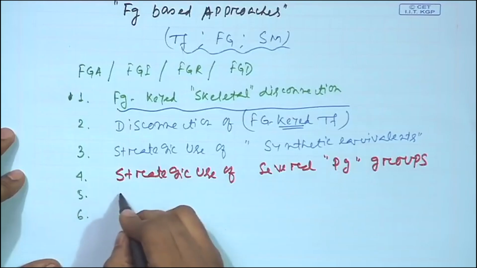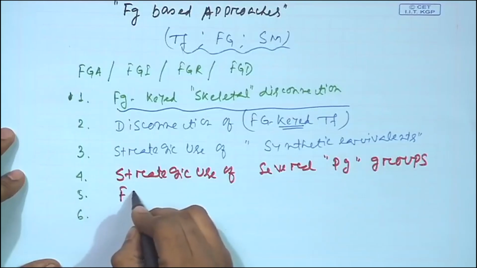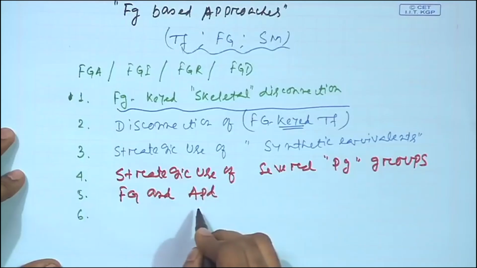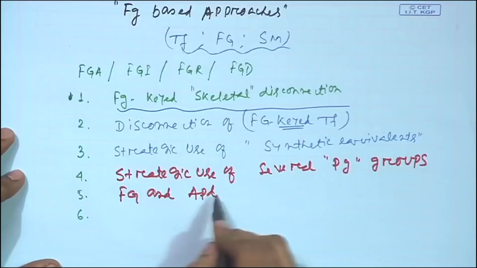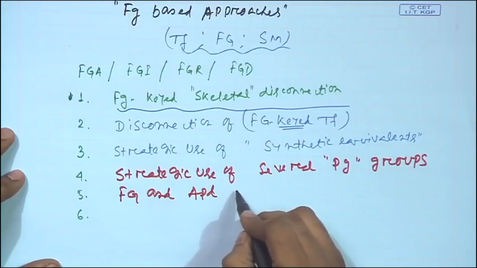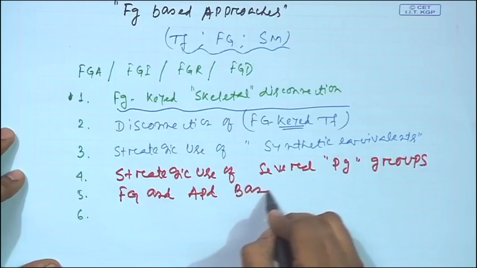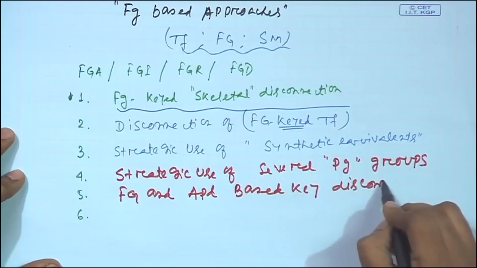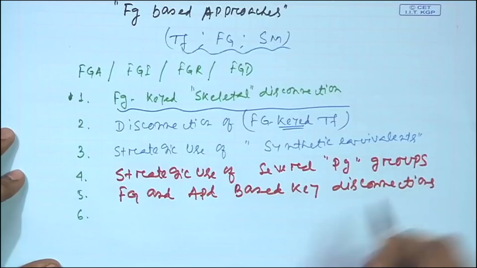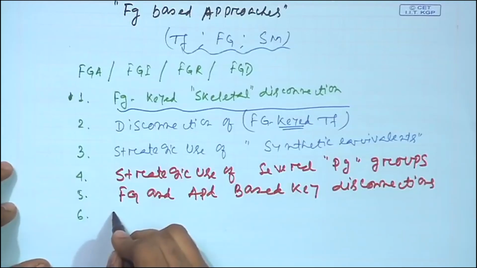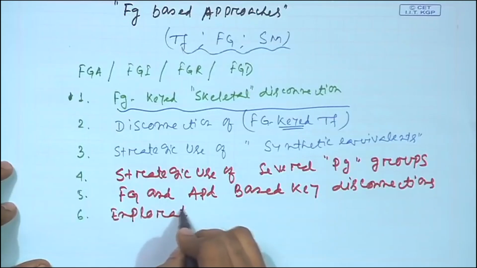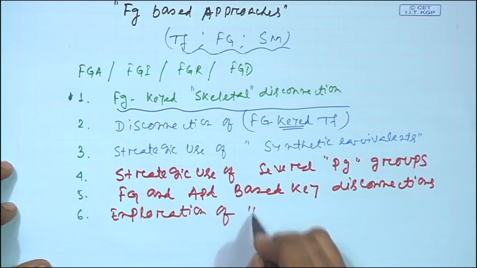Finally, number 5, we will be talking about functional groups and appendages. Appendages are functional groups which hang off a cyclic or an acyclic structure, and functional group and appendage based disconnection means how you can insert an appendage in a given molecule. In reality, those strategies have already been talked about with examples. And number 6, finally, we will be talking about a relatively new topic which was probably not taught yet: